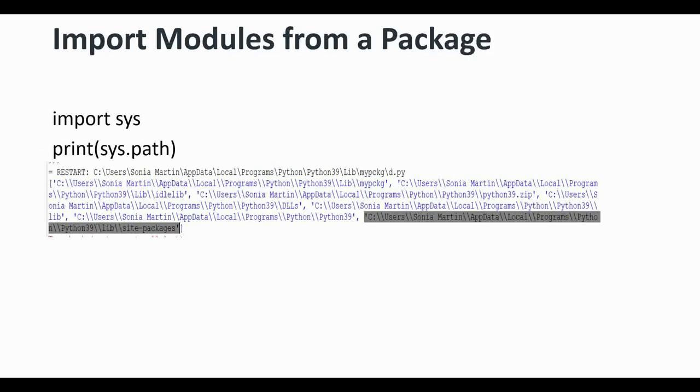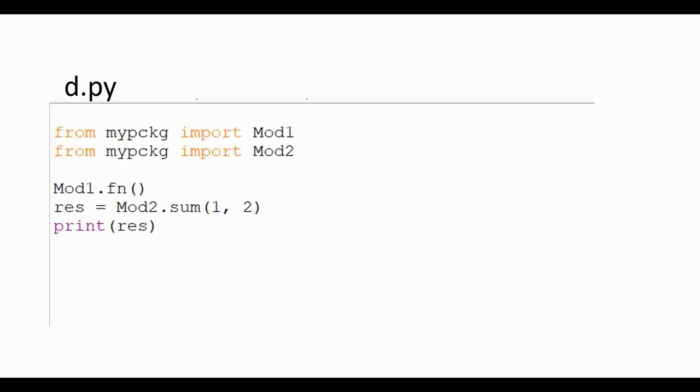So this is my system path, which we have just checked. You can check it again if you have a problem. Let's open the d.py file in script mode, and then you can import the packages. Now I'm going to import the complete package, saying from my package import star, or you can say import